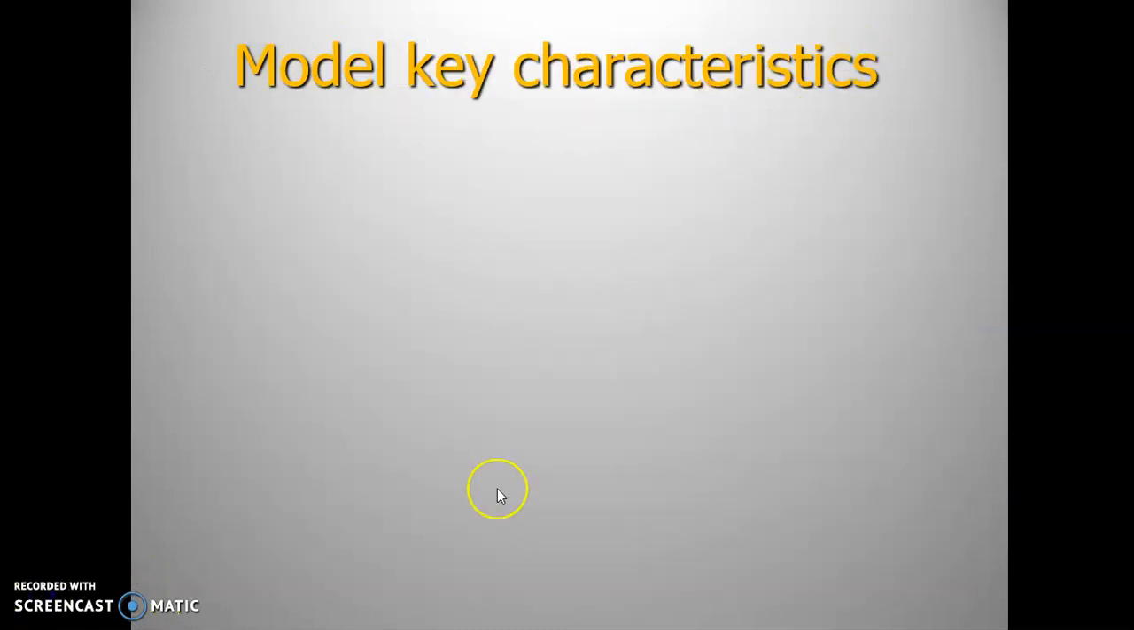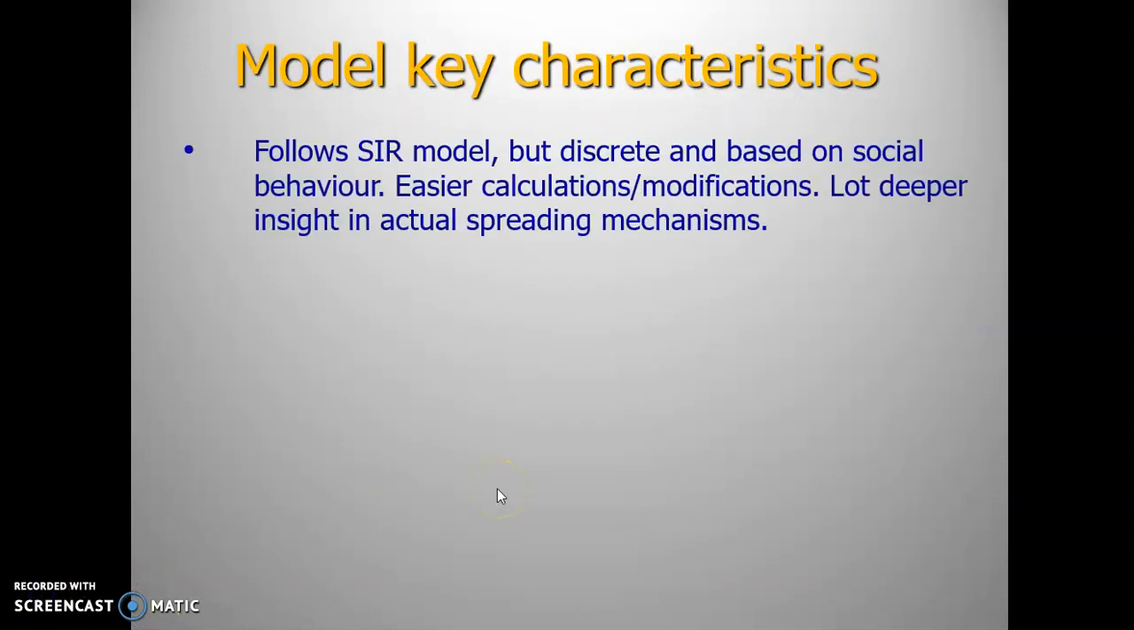I'm a physicist. What are the key characteristics of my models? First, I follow the SIR model, which is the standard model of epidemic spread, but I use discrete mathematics and I base it on social behavior. Now, to my knowledge, there is no good model around like that. My model allows for easier calculation modifications because of the discrete mathematics and the fact that I use a spreadsheet. But on the other hand, it gives me a lot deeper insight into the actual spreading mechanisms within